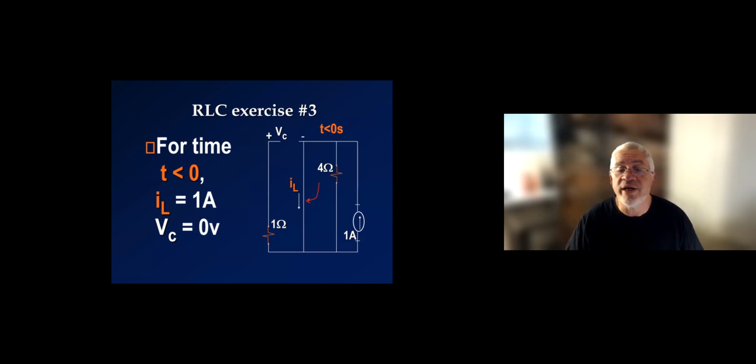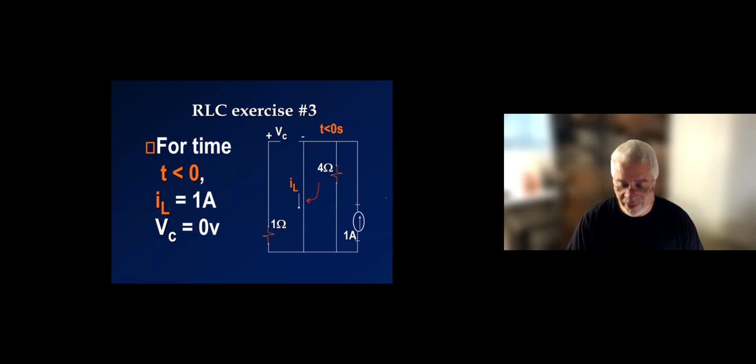Okay. And once you realize that, you realize also that the inductor is shorting. There is no current under 1 amp, under 1 ohm, because the capacitor is unopened here. So that means that the capacitor voltage is essentially the voltage across the inductor. It's 0 volts. So the inductor current is 1 amp and the capacitor voltage is 0 volts. These are going to be our initial conditions for the circuit for t greater than 0, where we will have